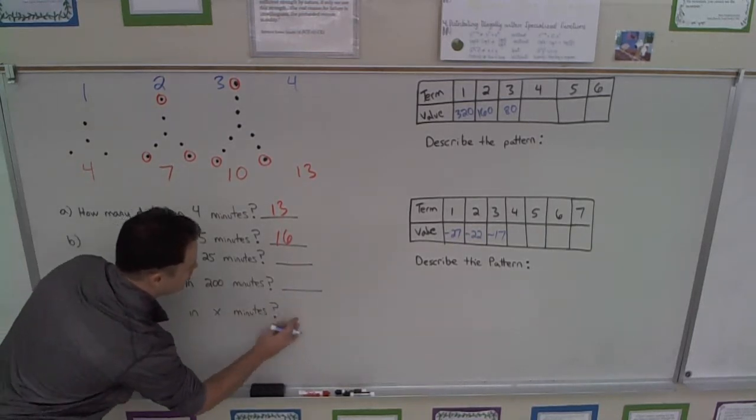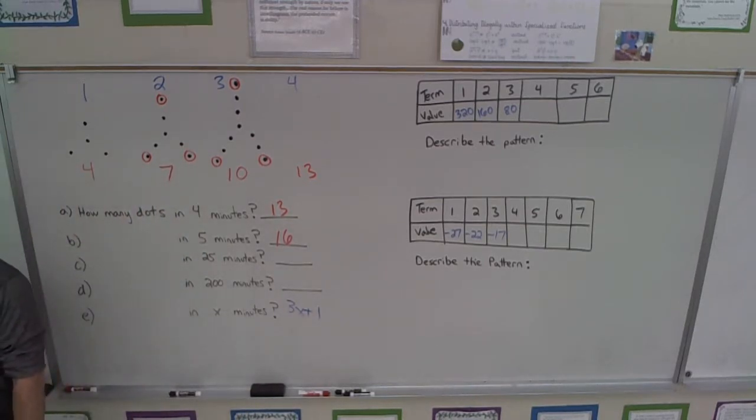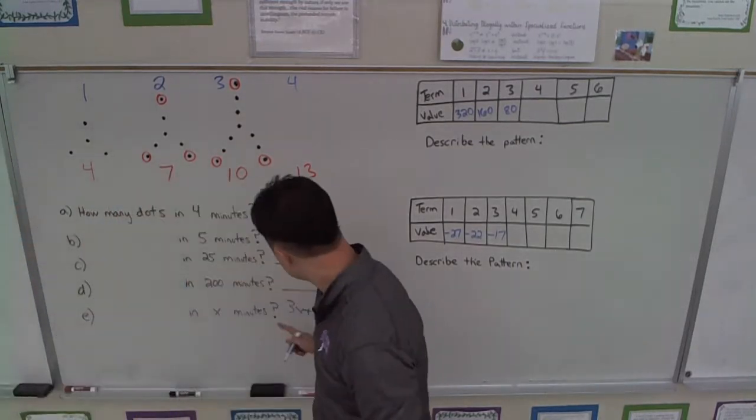Plus 1. That's it. So it'd be 3x plus 1. There you go. That's the pattern. Does that make sense, guys? Yeah, that's pretty cool. So you can see that even though the pattern involved addition, the equation involved